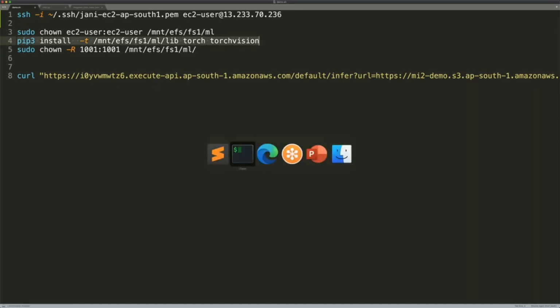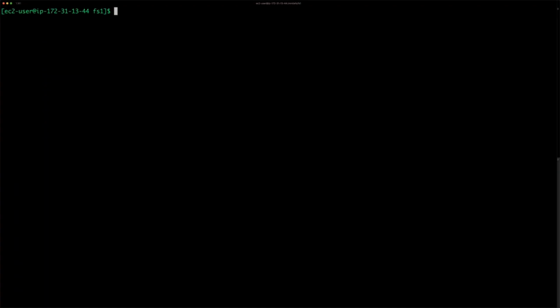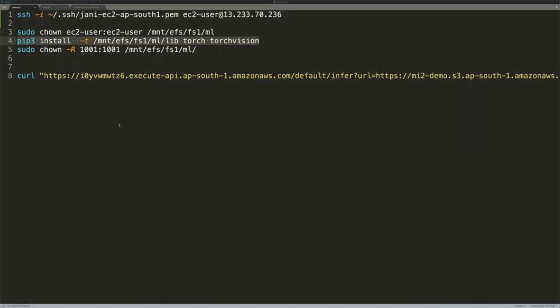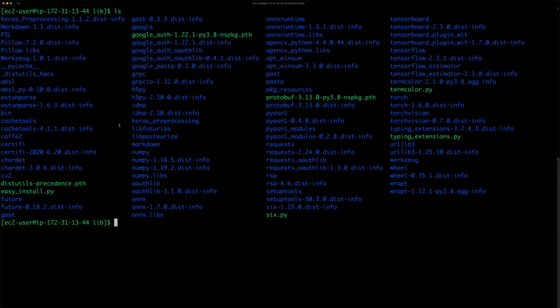Now, obviously, when we run this, I'm not going to run it. It's going to take a while. It's actually pretty time-consuming. It may take anywhere from 10 to 12 minutes. So what actually happens is within the lib directory, you will see there are a lot of Python modules that get installed. Now, this is the outcome of this command. So basically, we are creating the lib directory with pre-populated PyTorch modules and all the dependencies.